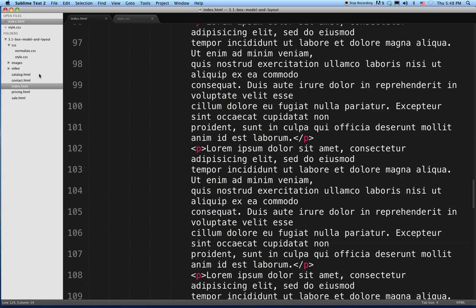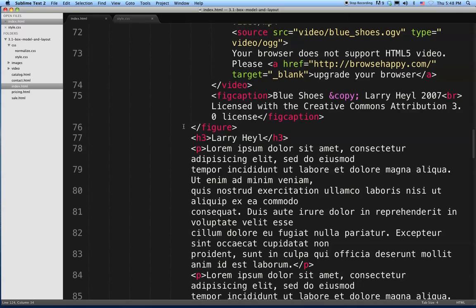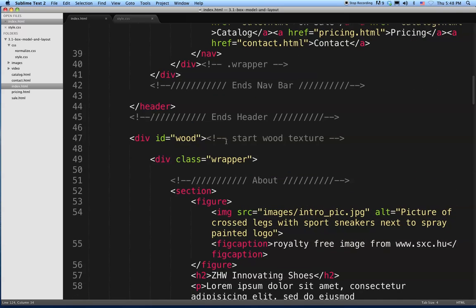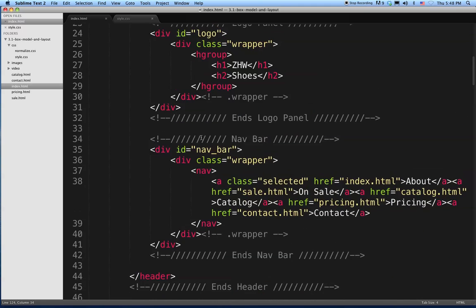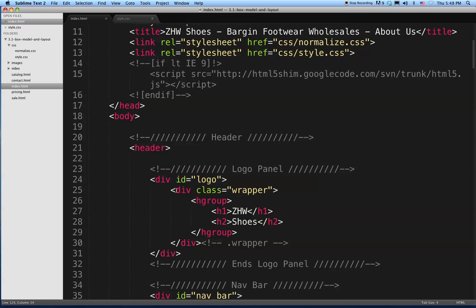Now I've gone ahead on all the other pages like catalog, contact, pricing, and sale, and I've added all of these wrappers and divs with the wood texture. I've added all of these in there for you. So I just wanted to add it to the index page just to show you where they were placed in the code. Okay,